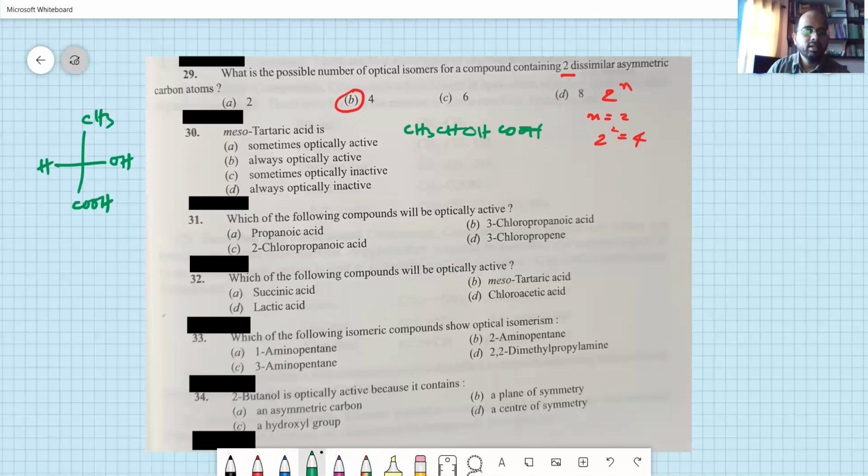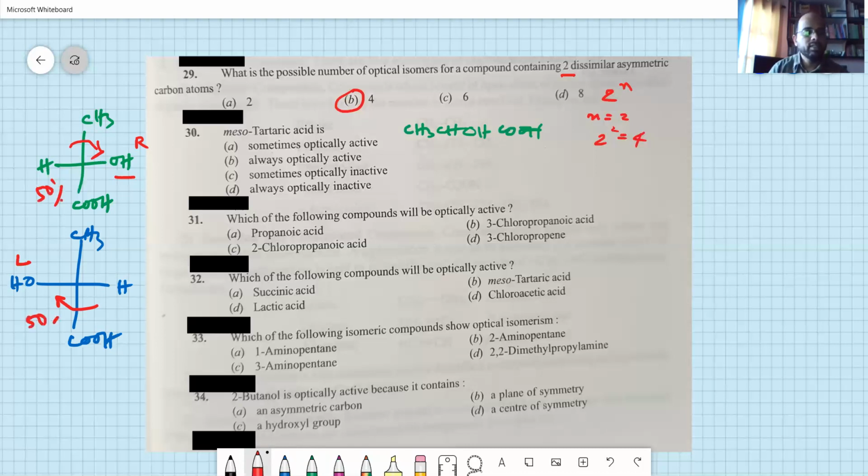So this will have OH on the right side. Okay. So in the next compound, you will have similarly like this CH3, COOH, and H here and OH there. You can see OH is on the left. So this is one isomer. Let us say this rotates the plane polarity towards right, and this rotates the plane polarity towards left. Within a molecule, if this is 50% and this is 50%, they cancel. They cancel the rotation.